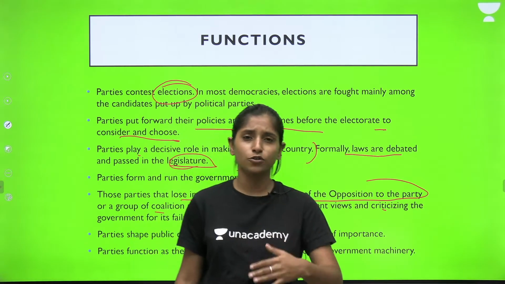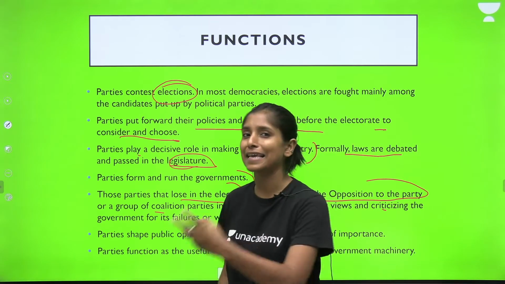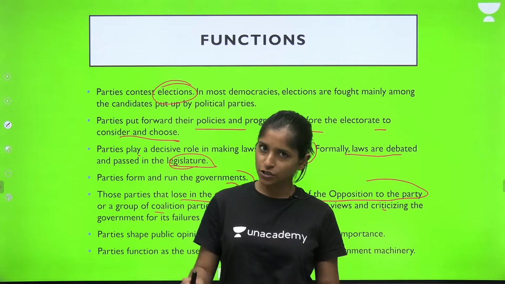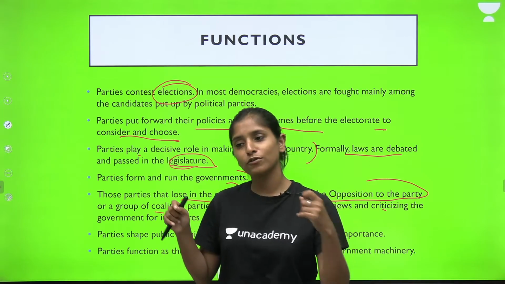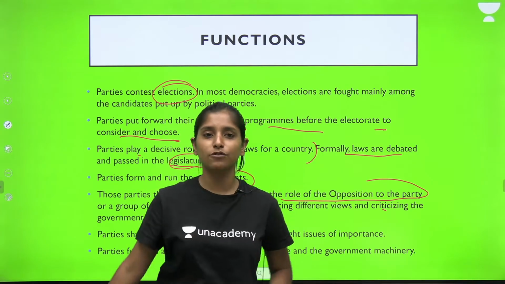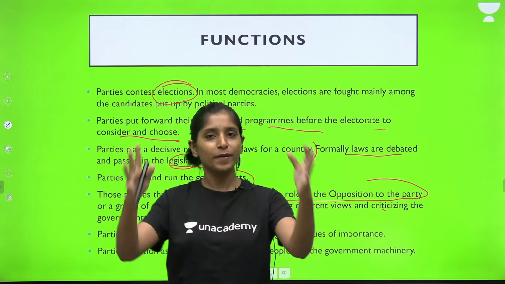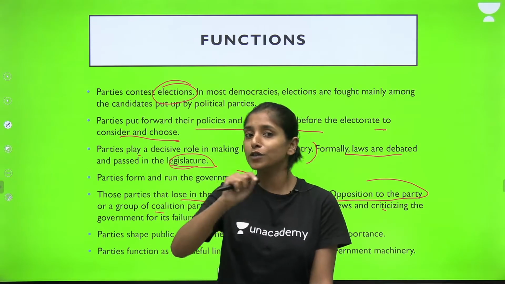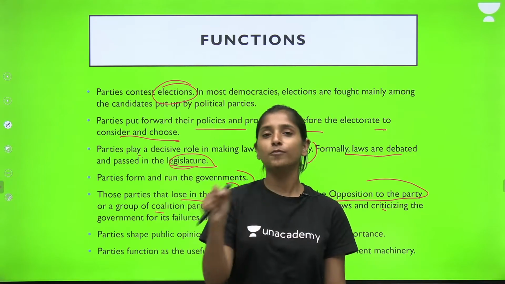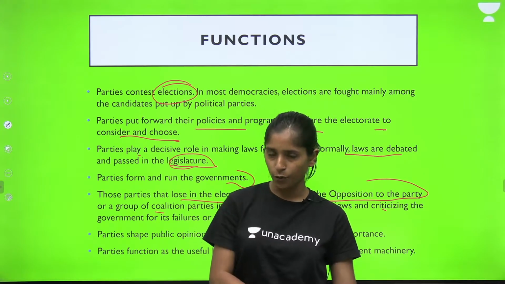तो अगर जो भी पार्टी हारती है, जो भी पार्टी जीतती नहीं है, उनका काम ये होता है कि वो ऑपोजिशन का रोल प्ले करती हैं, और जब अगर उन्हें लगता है कि ये रूल पास नहीं होना चाहिए, ये लॉ गलत है, या फिर ये चीज़ सही नहीं है, तो वो अपनी ओपिनियंस वॉइस आउट करती हैं. वो बोलते हैं कि नहीं, यू आर डूइंग दिस रॉन्ग. और ये सारे आर्ग्यूमेंट्स आप बहुत अच्छे से देख सकते हो